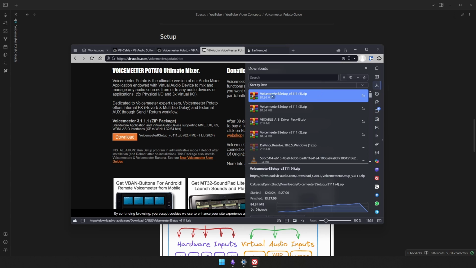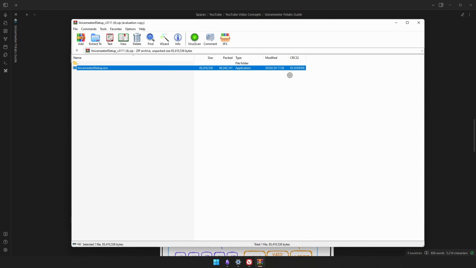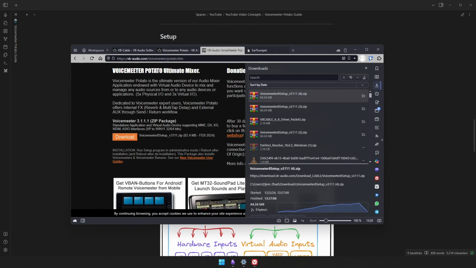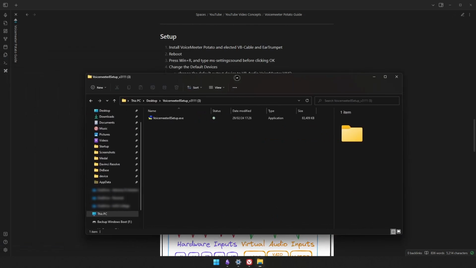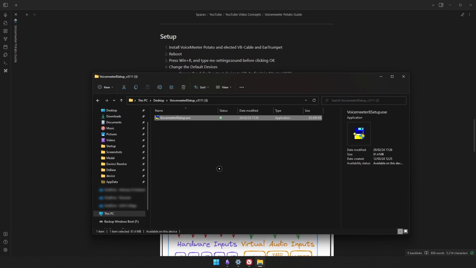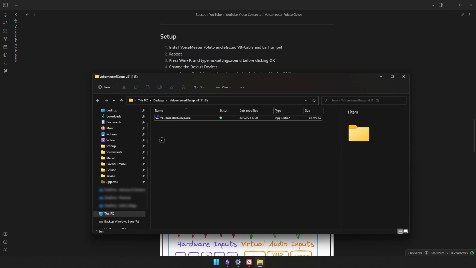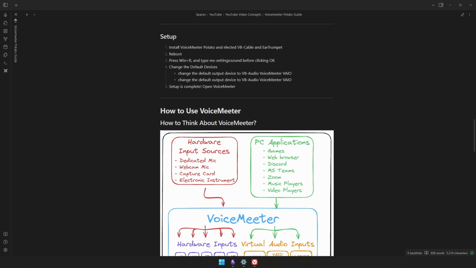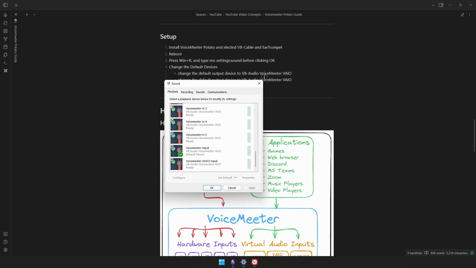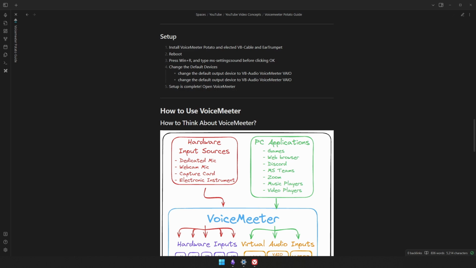Alright? Installation is pretty simple. Extract to wherever you want using WinRAR. I've already extracted it. Here's my file. Right click, run as administrator. Very important. It won't work if you don't do this. And you'll get a window. Follow the steps. Alright. VoiceMeeter does come with some virtual cables on its own, so everything you need is done